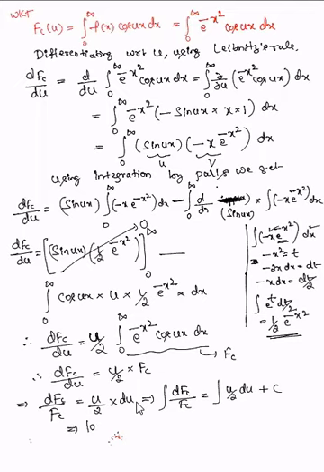Integration of dfc by fc, you know, 1 by fc is log. So this implies log fc is equal to integration of u. Integration of u is u square by 2. 2 2s are 4. So it is u square by 4 plus c. So this implies fc equals, if you remove log here, the right hand side becomes e power u square by 4 plus c.